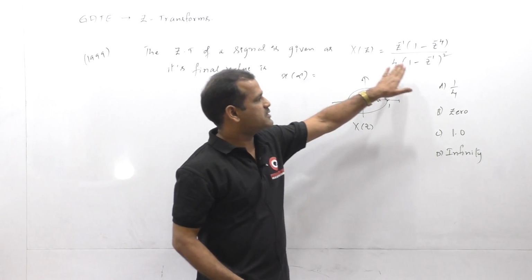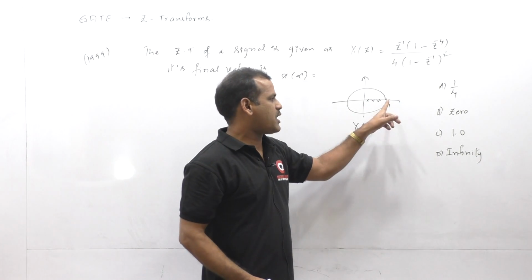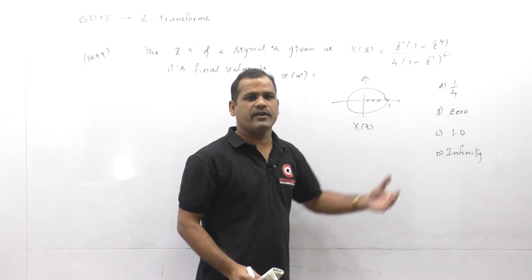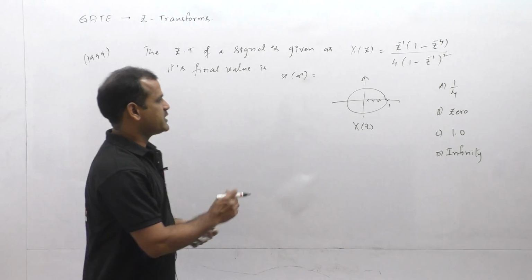So let us simplify X(z), and for the final expression, let us decide whether it has more than one pole on the unit circle or outside of the unit circle. Then we can find whether we can apply the final value theorem for this expression or not. So let us take that X(z) here.